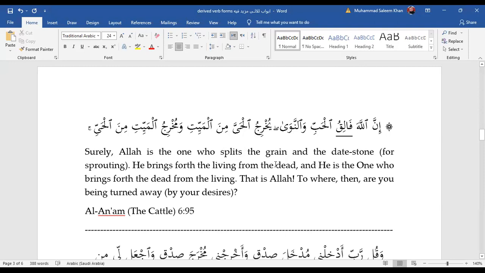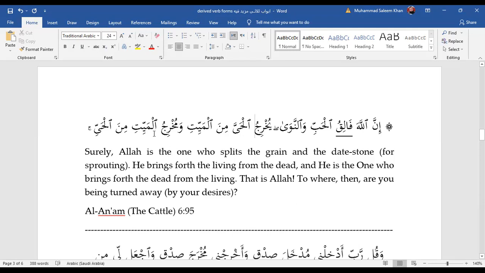Now again, there is a beautiful linguistic implication here. I heard someone saying that when they say al-hayy, life is not permanent, right? Life is not permanent. So that's why a verb has been used with it, because a verb is also not permanent. A verb changes from past to present to fi'l al-amr. So because the verb is not permanent, it is used with al-hayy, which is life, which is also not permanent. Min al-mayyiti, from the dead.